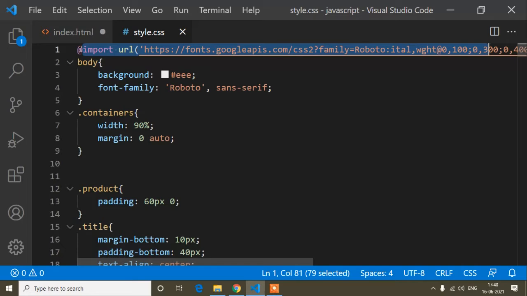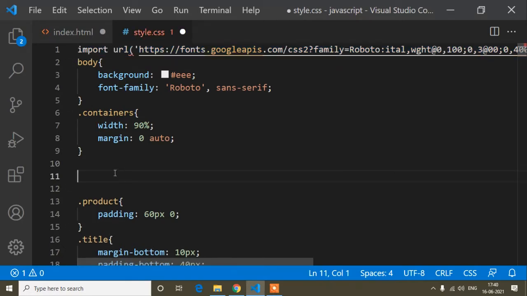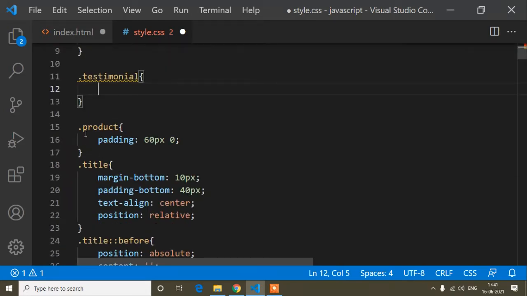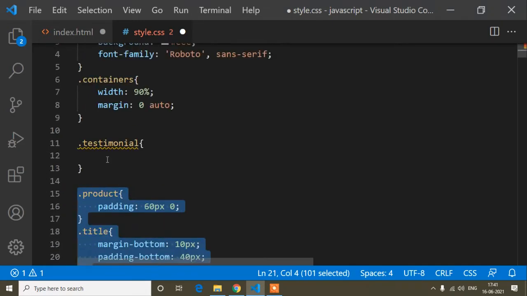Apart from these 3 common things, I will start to write the code for the testimonial, because the testimonial will be above all the previous design.